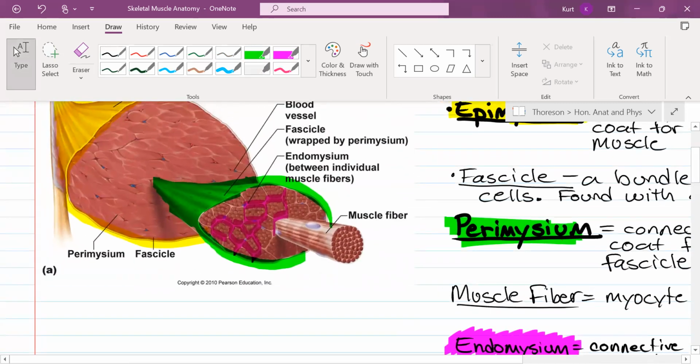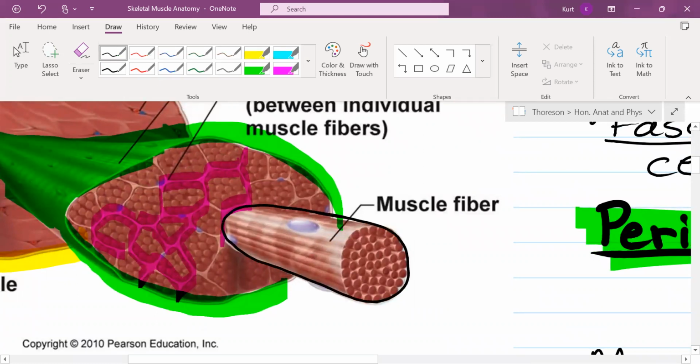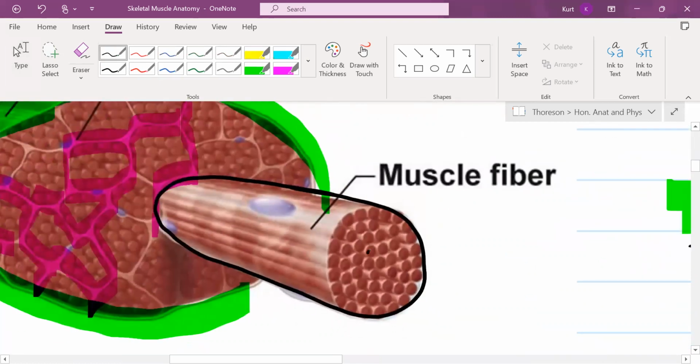Okay, now I want to share with you guys a mistake that anatomy students make every year. It's an honest mistake, but it's an avoidable mistake. So I want to show that to you, so hopefully you don't even let it happen to you once. Here's the mistake. You ready? My students will think that this is a fascicle and that one of these little cylinders inside is a muscle fiber. That is incorrect. This entire tube is, as labeled,